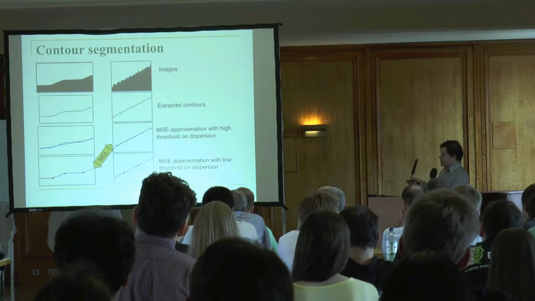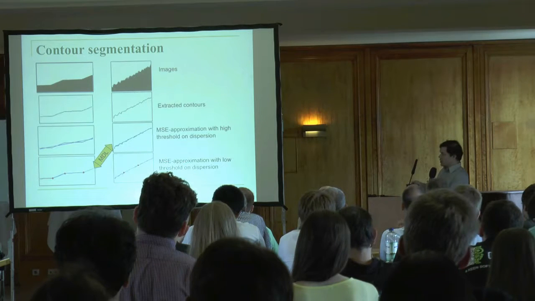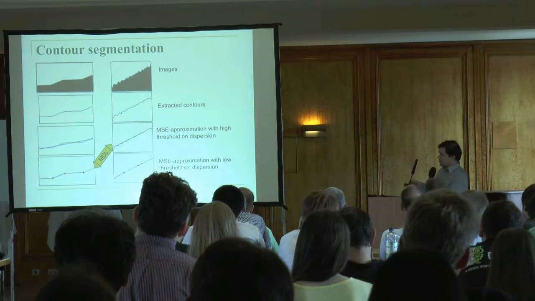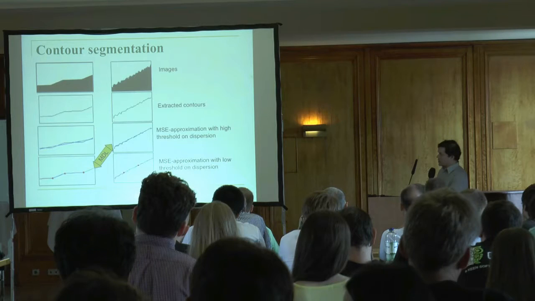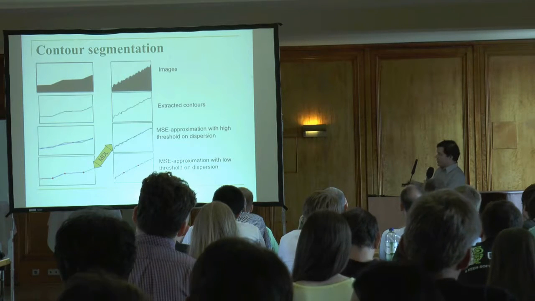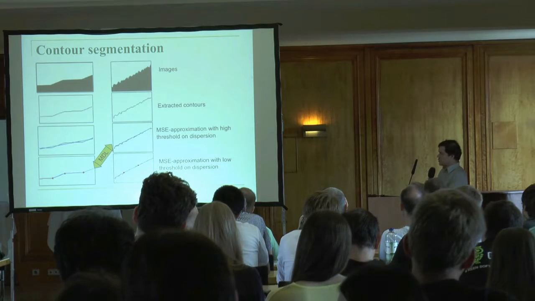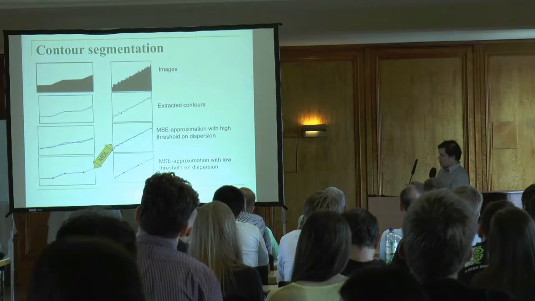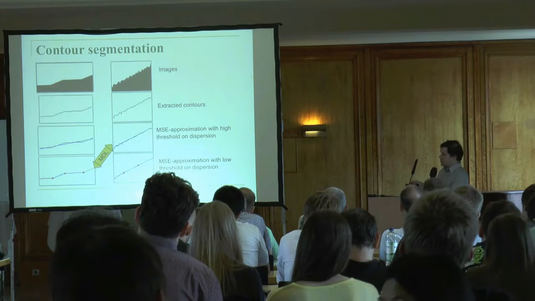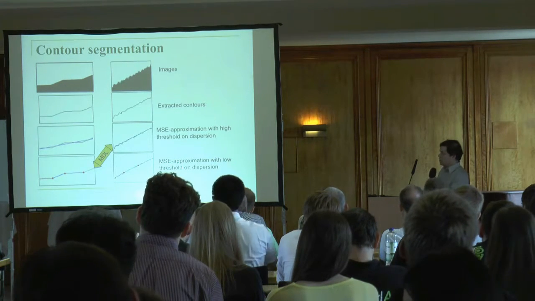And if this threshold is too high, then we will get one segment here and one segment here. And if it is too low, then we will get appropriate numbers of segments here, but we will also get